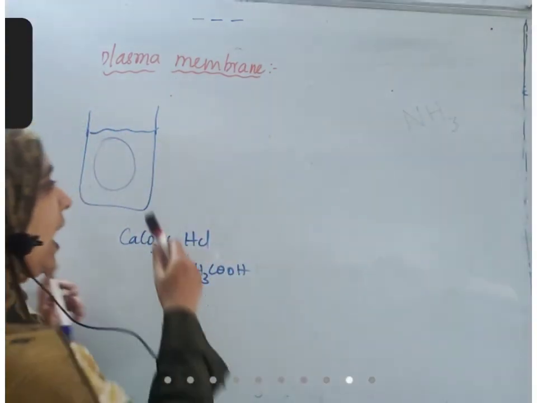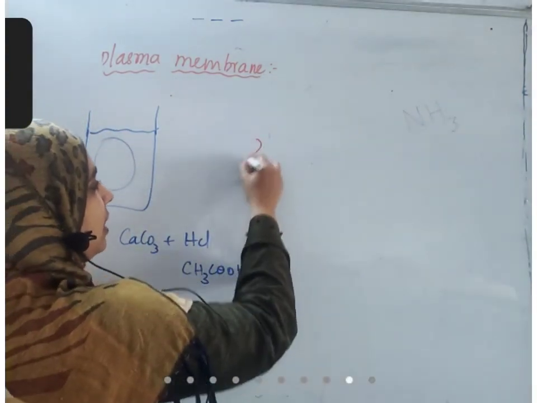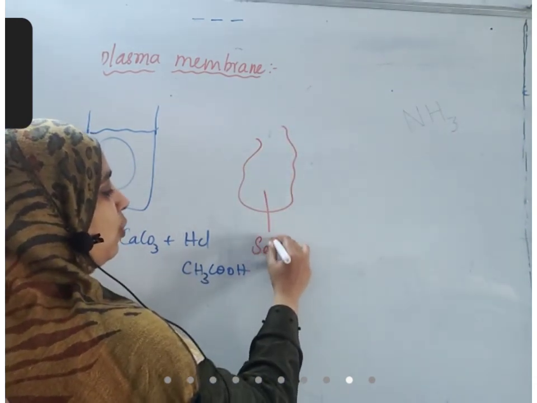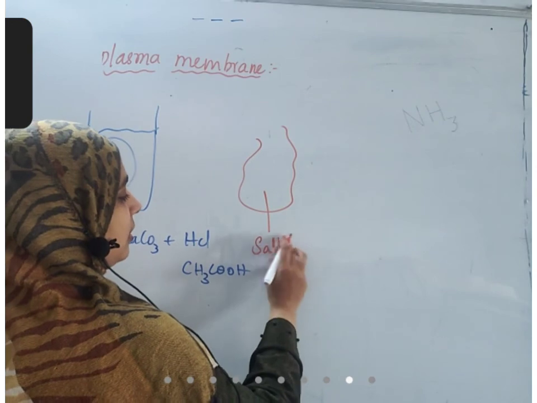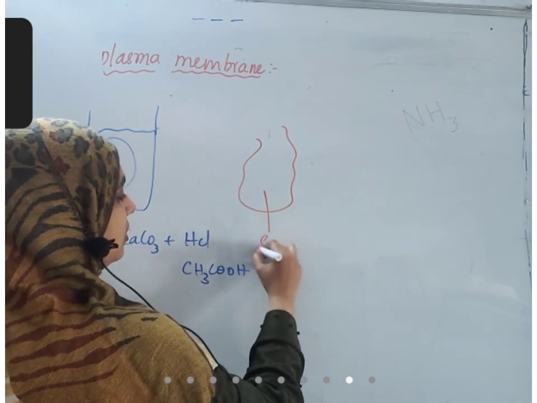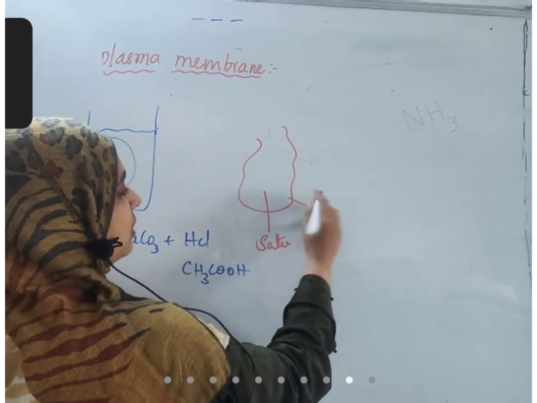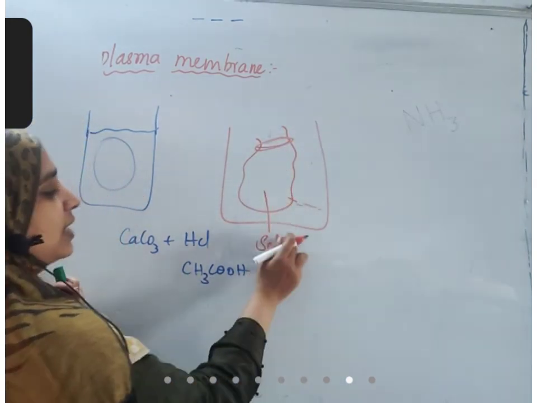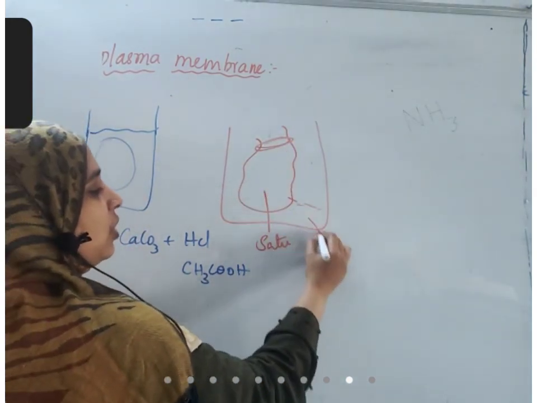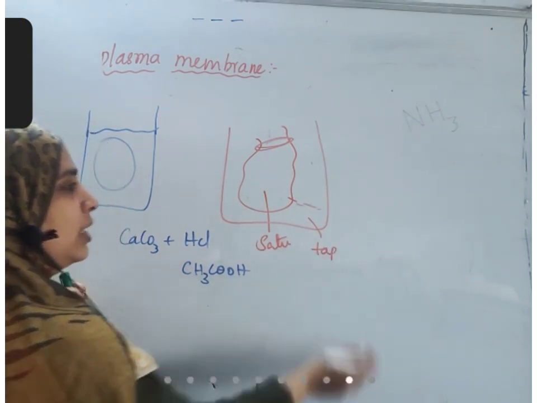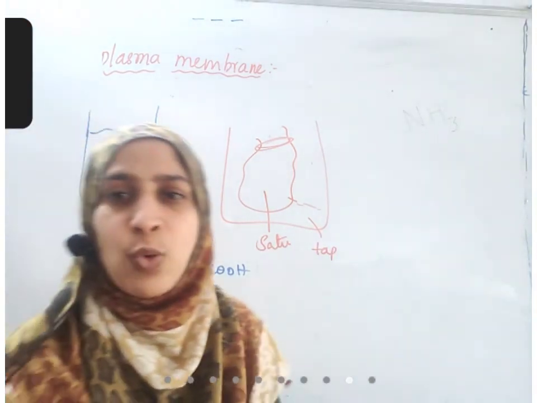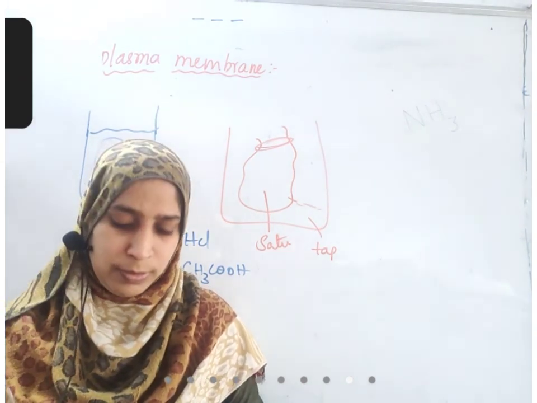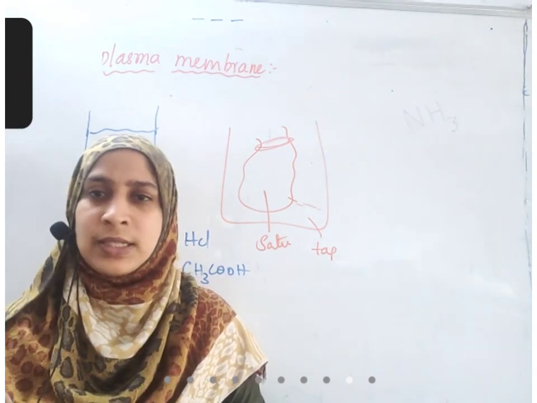So you will have an egg membrane like this. Inside this membrane, you should take saturated salt water. Then tie it, after taking saturated water in it, and put it in tap water, or you can reverse it also. Check what will happen. If you don't hesitate to use an egg membrane, you can do this experiment and tell me what the results are.